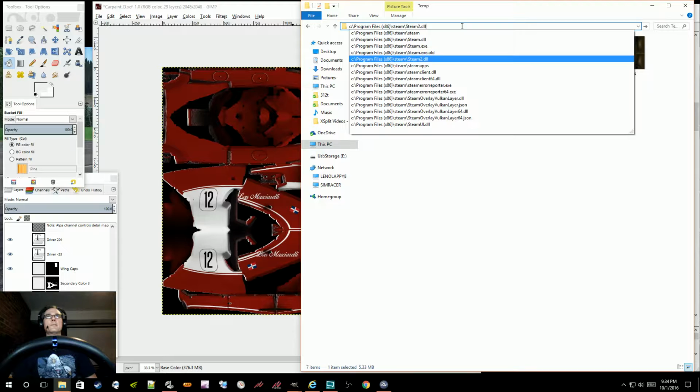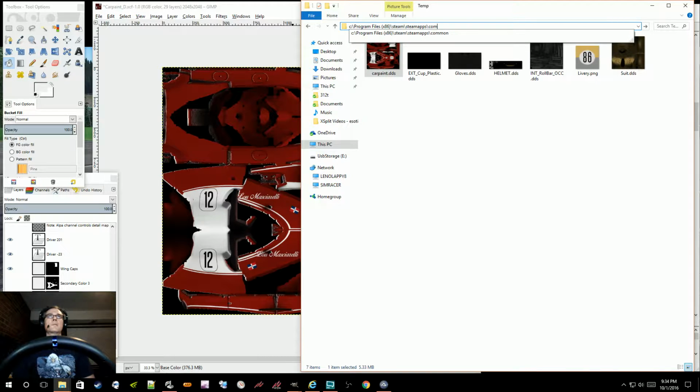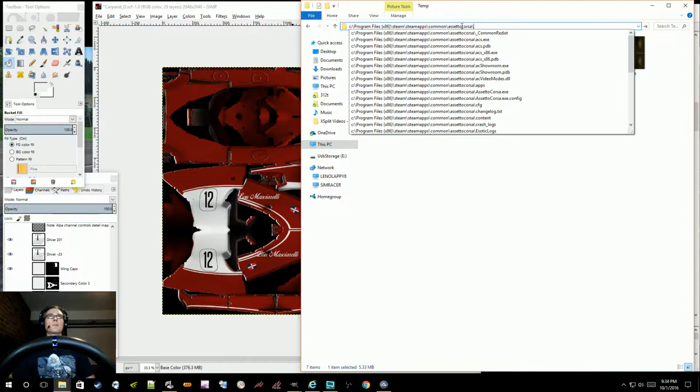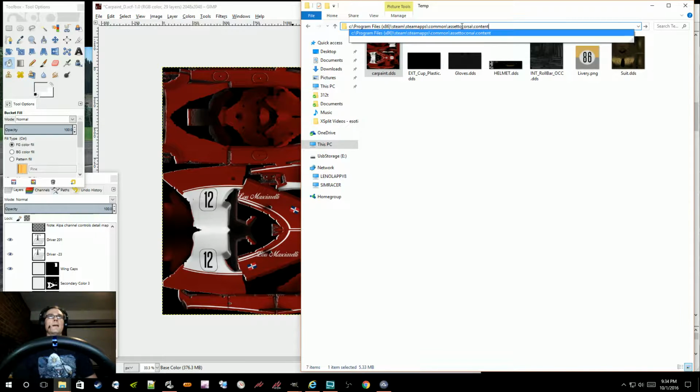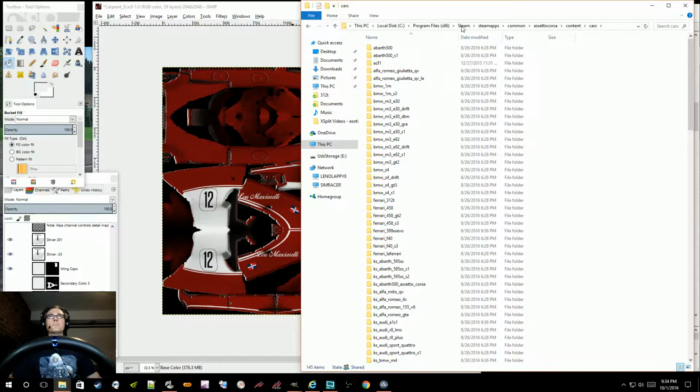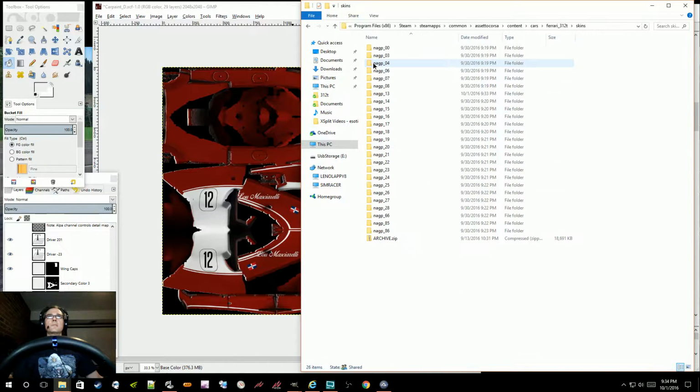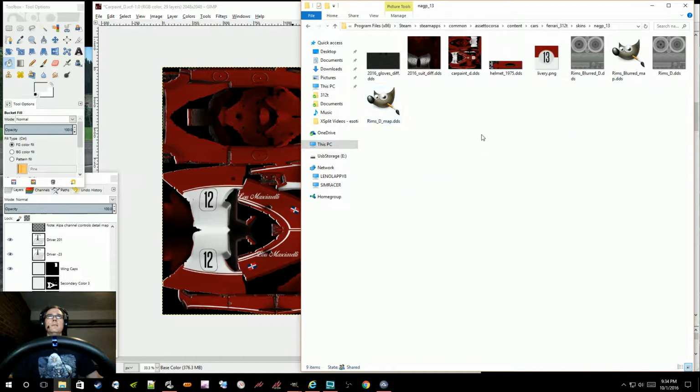Steam apps, common, Assetto Corsa, content, cars, Ferrari 312T, sorry, skins, and then he is 13. So it just dumped this file, and so now if I load up Assetto Corsa,